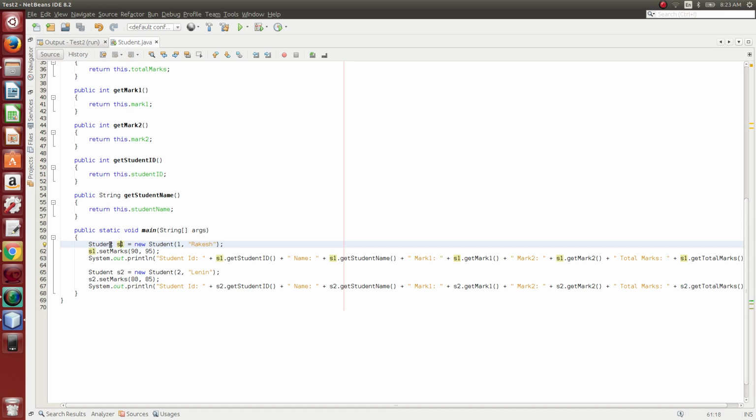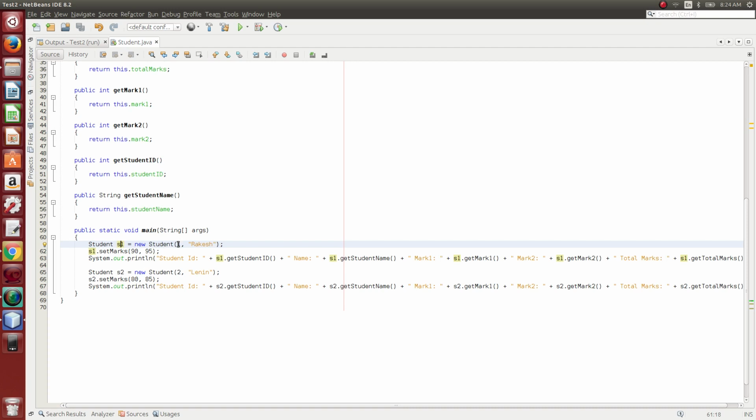If you observe closely, you might wonder why the marks are not present in the constructor, and why only student ID and student name are present in the constructor. If you imagine a real-time example, in college you go through many semesters, semester 1, semester 2, up to semester 8. Each semester you might get different marks, 90, 95, 100, 98, like that.